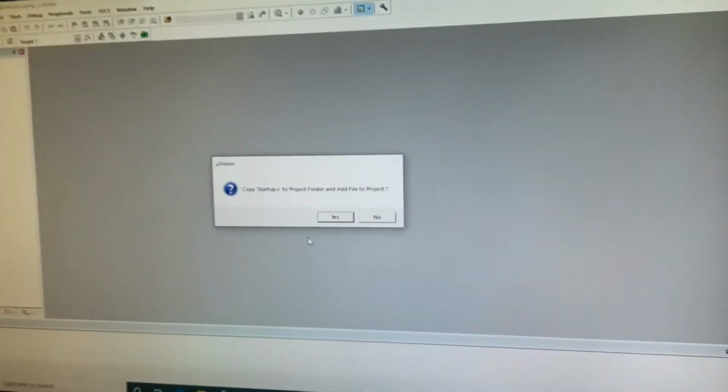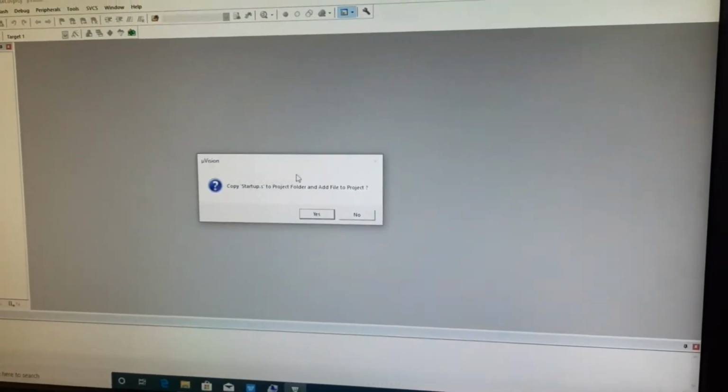You will get another window asking whether the library file is required or not.